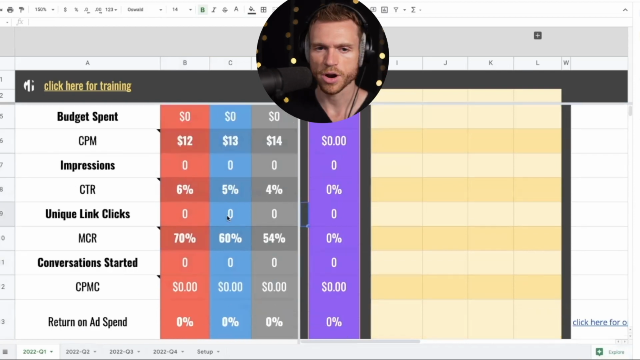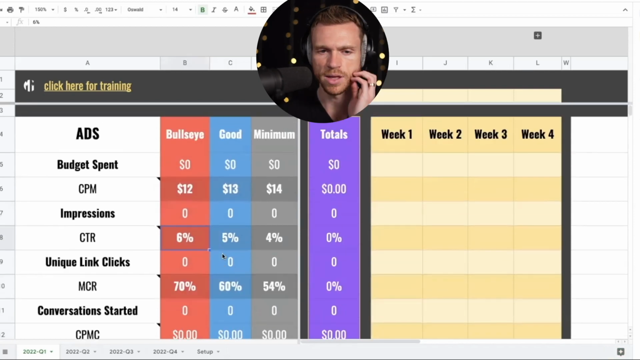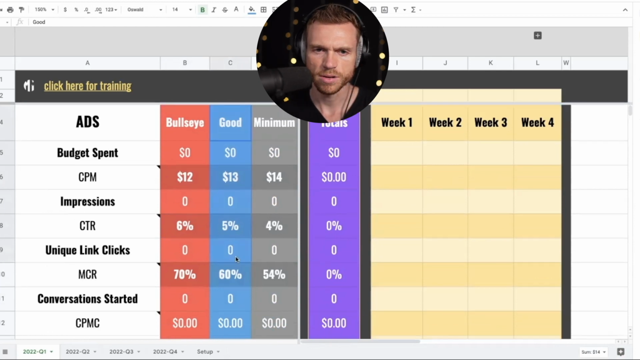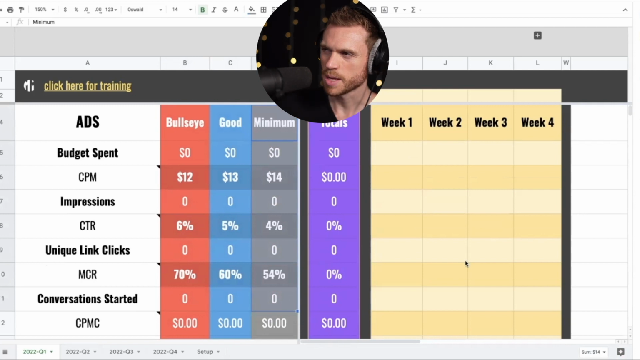If you just knocked it out of the park, what would the conversion rate be? What would the results be based on that? Then good is basically if you threw the dart and it didn't quite hit the bullseye, but hit close to it, right? And this is kind of your stretch goal. That's the good area. And then the minimum is if you threw the dart and you kind of missed a little bit, but it hit the edge of the dartboard, and at least you're on the dartboard,